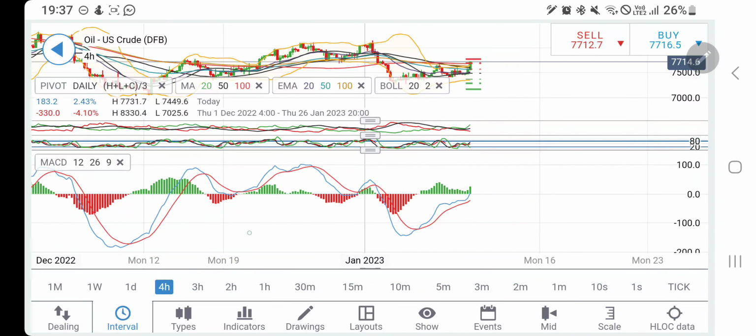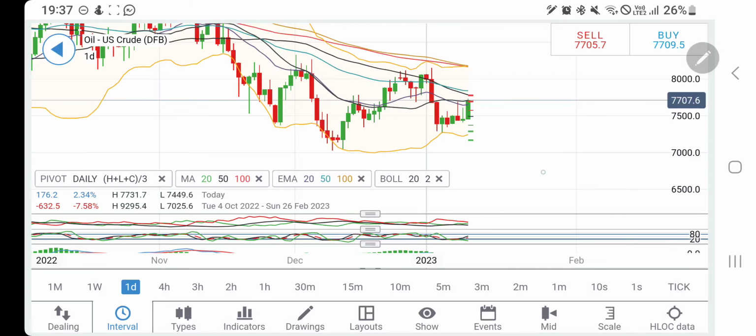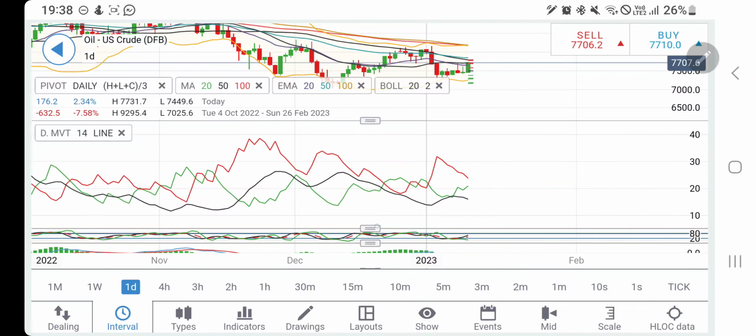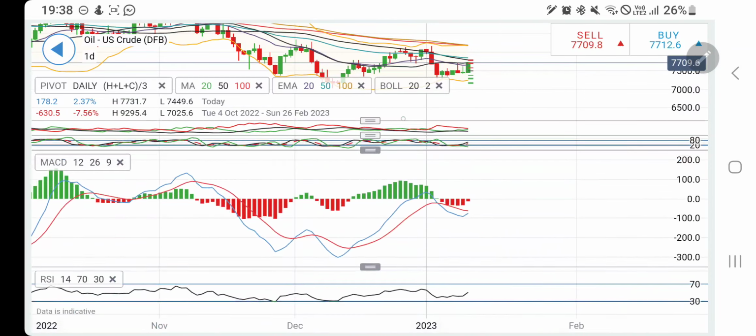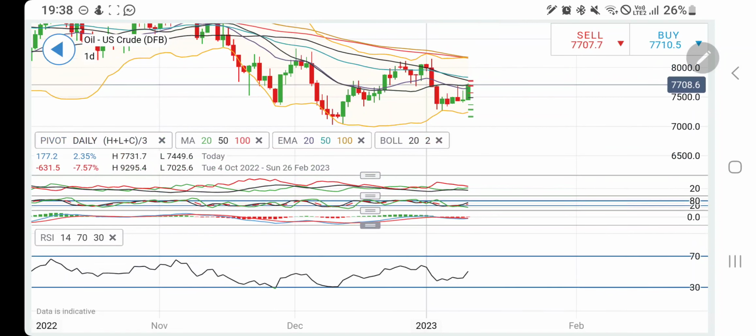Now look at the daily charts. It has created the base, trying to reverse. There is resistance at 78, and then 79.280 levels can be expected. These two are very good resistance. Directional movement is bearish, stochastic rising from the oversold zone, MACD converging here, RSI looking upwards too.